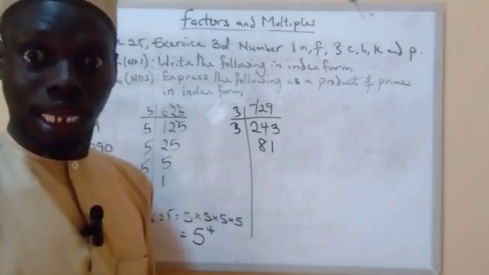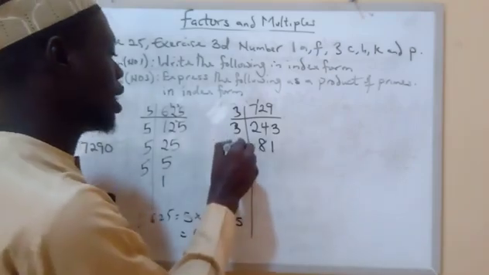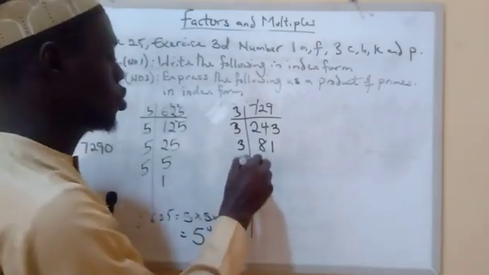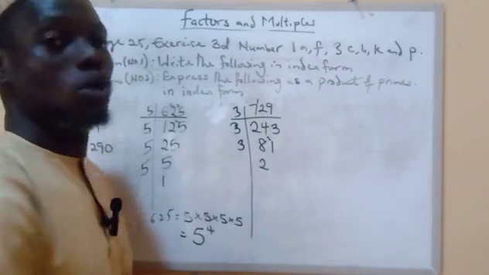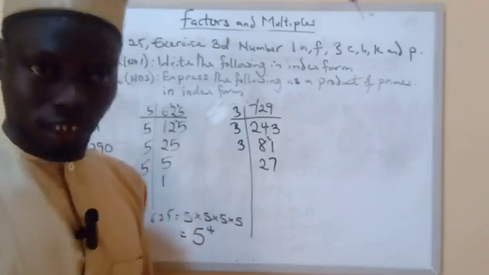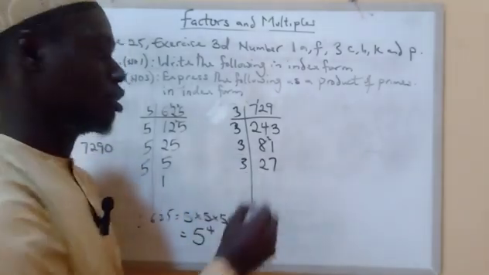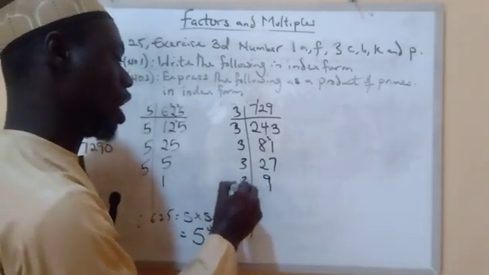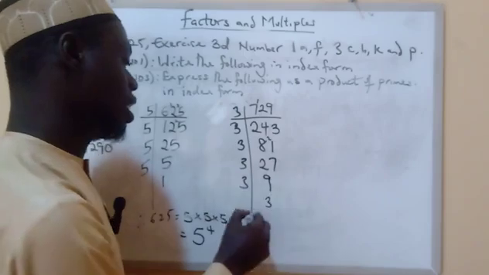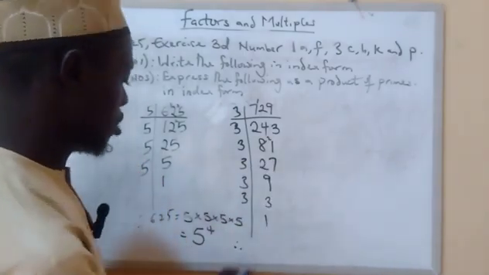Can we still use 3? Yes, 8 plus 1 is 9, so 3 can be used. 3 in 8, 2, remainder 2. In 21, that is 7. Can we still use 3? Yes, of course we can. So 3 in 27 gives us 9. 3 can also go in 9, yes or no? 3 in 3, 1. So we now have all this to be